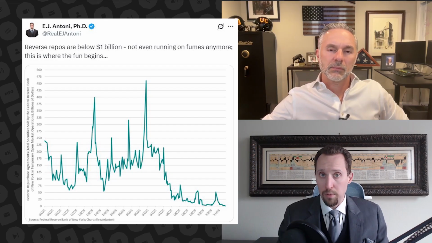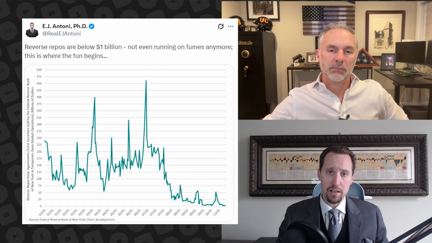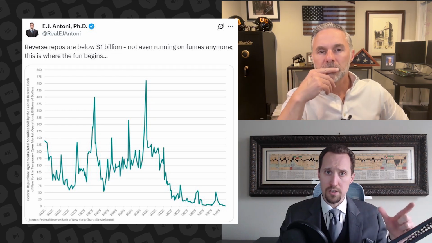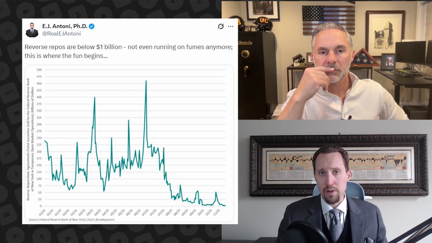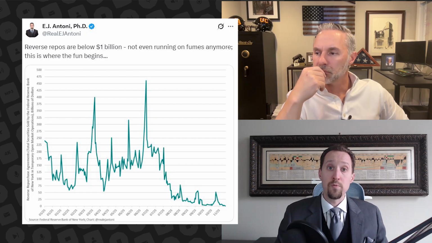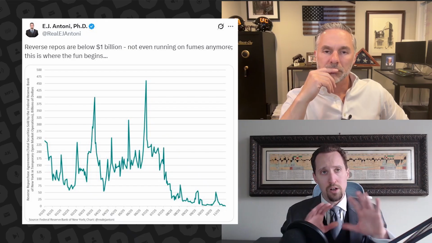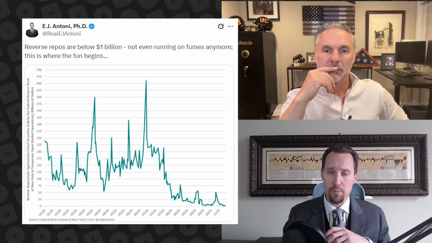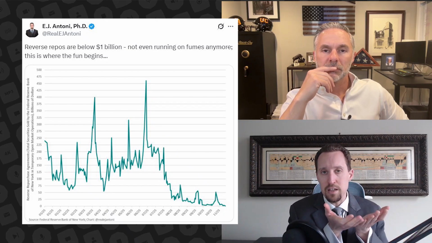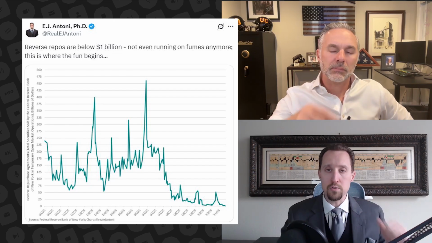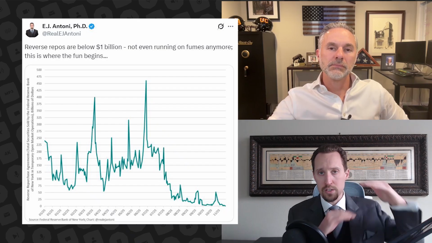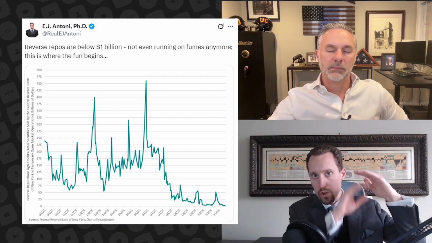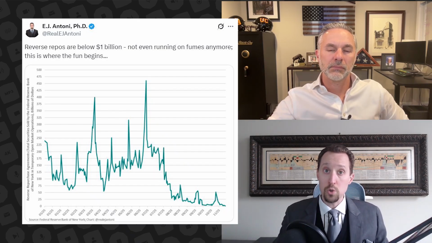Where that becomes problematic, again, it's not a bomb going off. This isn't instantaneous, but it's going to have unintended consequences, or there are going to be indirect things that stem from this. For example, let me back up and first say, think of reverse repos as the Fed trying to maintain an interest rate floor. They're trying to prevent interest rates from dropping too low. A repo is exactly the opposite. It's a ceiling on interest rates. So they're trying to prevent interest rates from going too high.